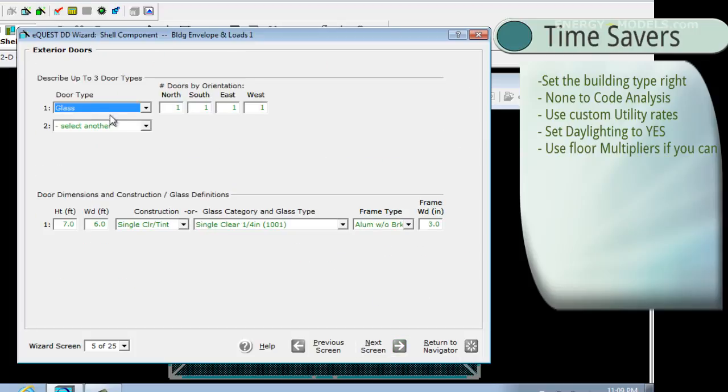Another good tip, sometimes it's good to get rid of the doors. Doors are